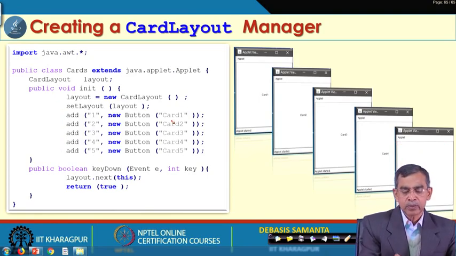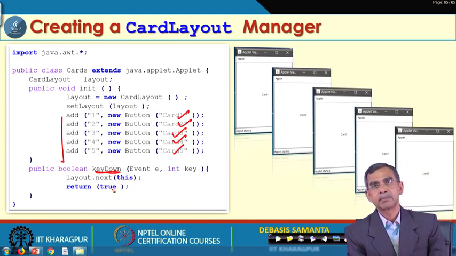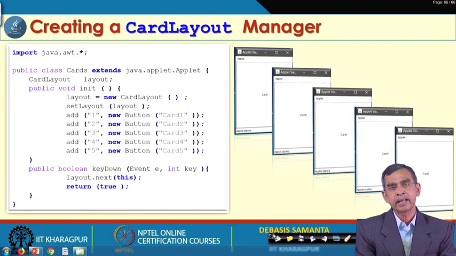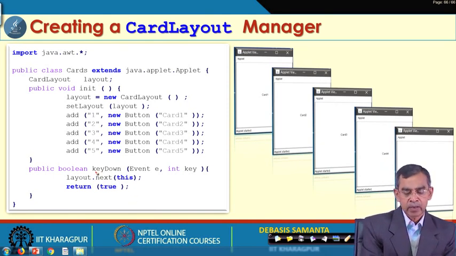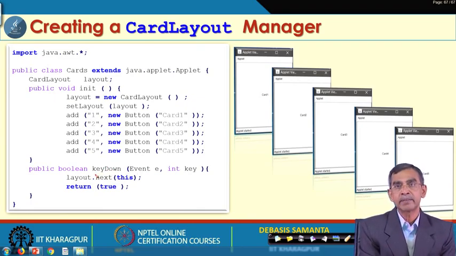And so, here we created 5 cards in the form of buttons, and they are added into this applet, and then we declare one keyDown, which is a totally different concept of event handling. So, keyDown is one method which is defined in the Event class, and that class is a part of the component. keyDown is basically an abstract method, we have to override it. So, this keyDown method is basically event handling.